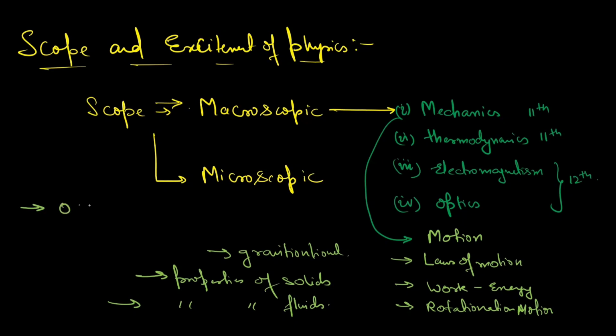Then oscillatory motion you have to see. Oscillatory means pendulum and all. Periodic type motion, that will go in full detail. Then you have to study waves, mechanical waves, that means wave mechanics you can say. For example, a sound wave is a mechanical wave. So these are going to be covered in 11th.